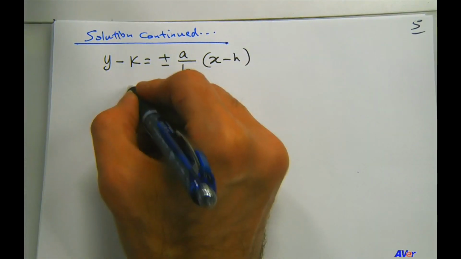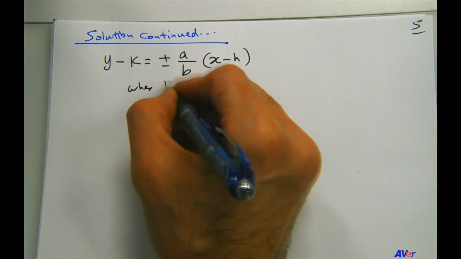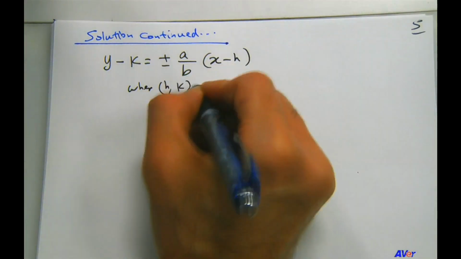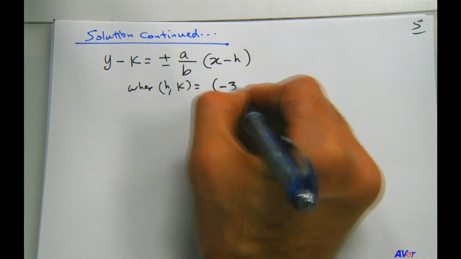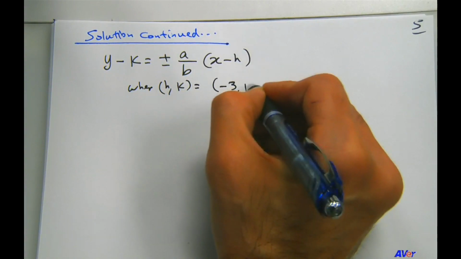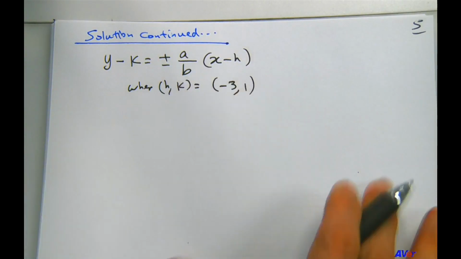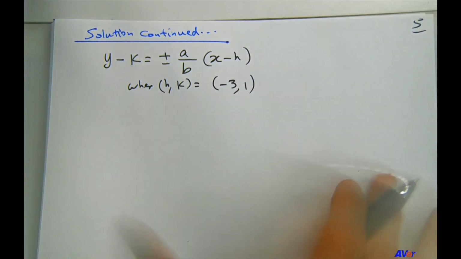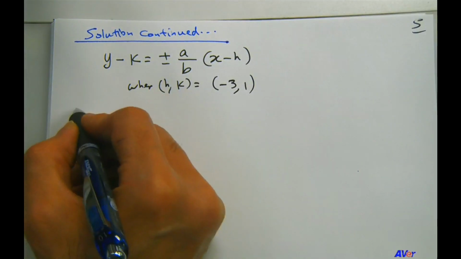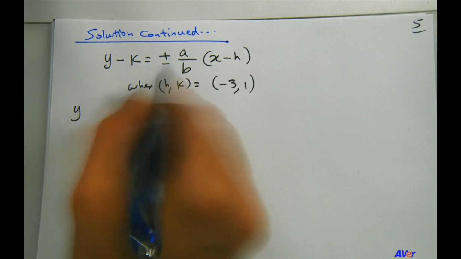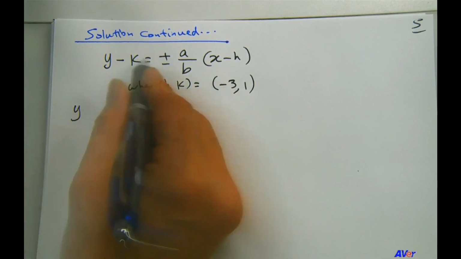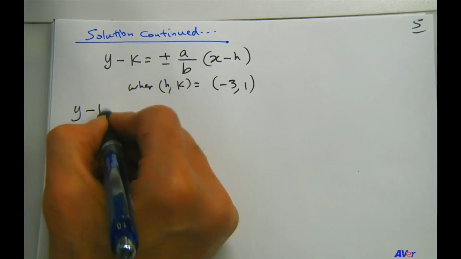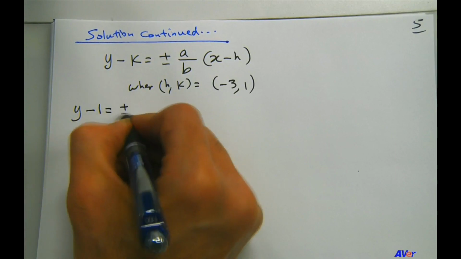And h comma k, we know in this case, is equal to -3, 1, right? We know that. So let's plug in. We have y minus 1, k is 1 in this case, equals plus or minus